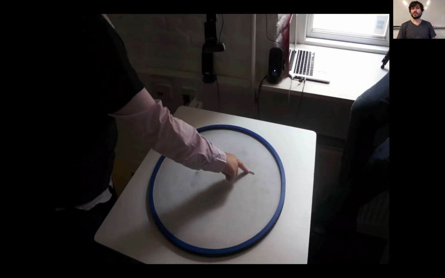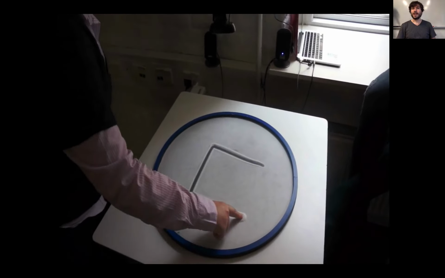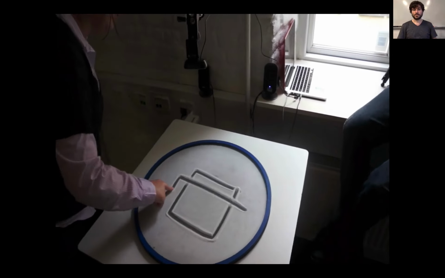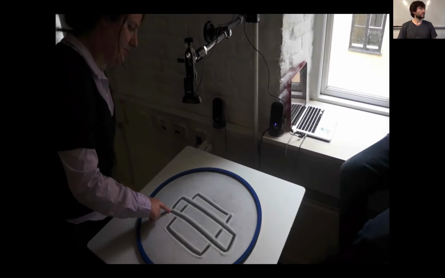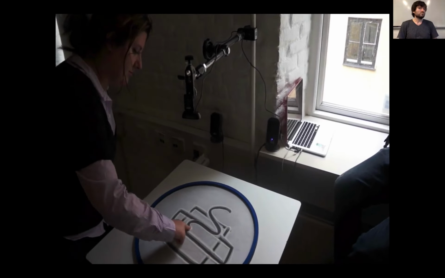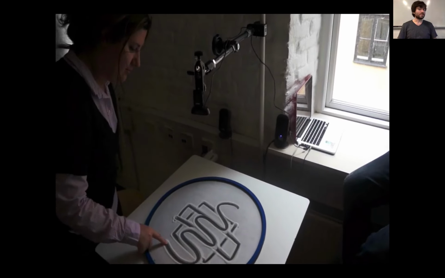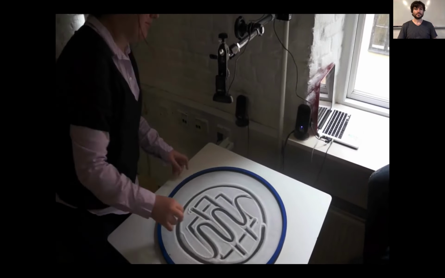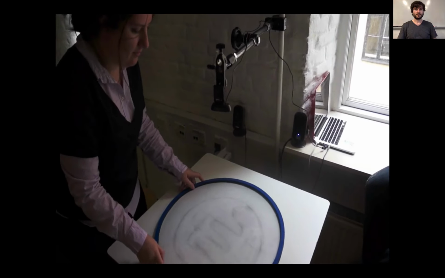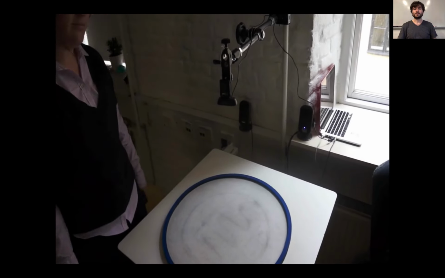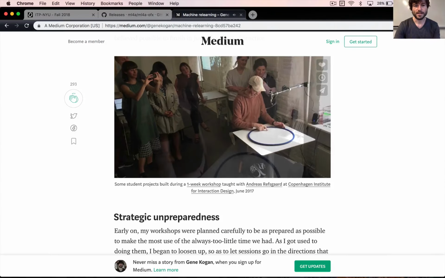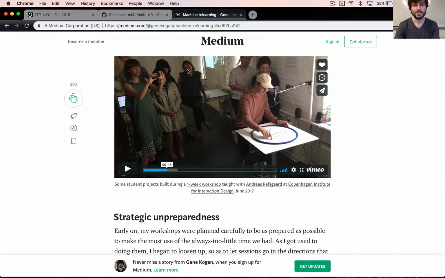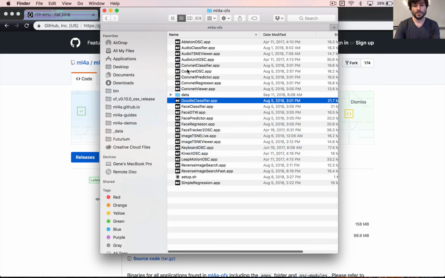So you guys see what's going on? She draws in the sand, and then it changes the sound. Whatever they trained, a whole bunch of shapes, and then associated them with sliders. And it stops. Right. So this kind of thing is very much in the spirit of what's possible. You can see there's a whole lot of interactions that can be built from these two applications, like DoodleClassifier,